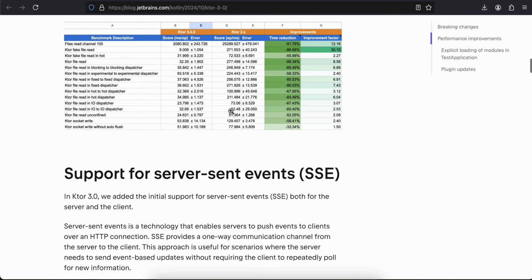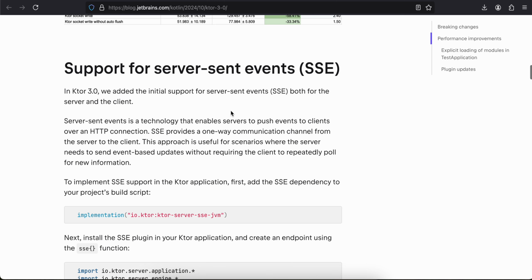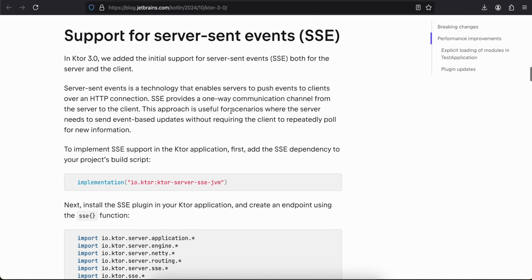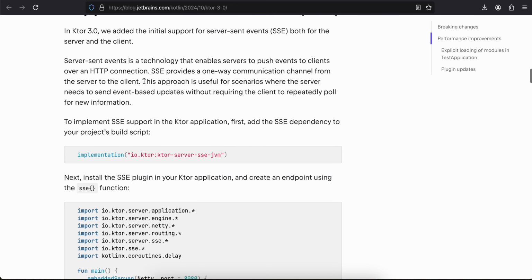Support for server-sent events. In Ktor 3.0, we added initial support for server-sent events, both for the server and the client. Server-sent events, or SSE, is a technology that enables a server to push events to a client over an HTTP connection. SSE provides a one-way communication channel from server to client. This approach is useful for scenarios where the server needs to send event-based updates without requiring the client to repeatedly